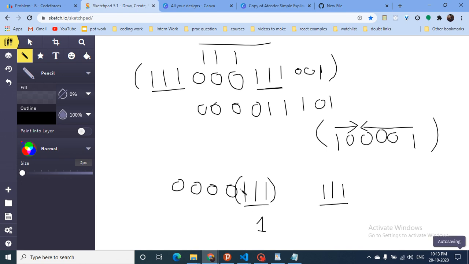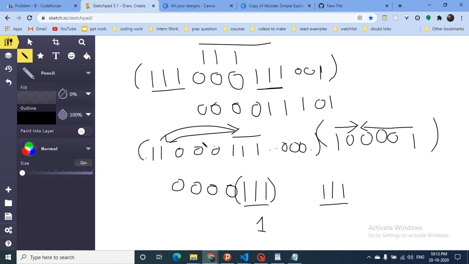Now let's assume that I have some books here, then nothing, then some books here, then nothing, then some books here, then nothing. As you can see, I can either bring these books to here or I can bring those books to here. It is fine both ways. So what I need to do here is find out the gap between these books. If this is assumed to be a single book and this is assumed to be a single book, I have to find out the number of zeros between the books.